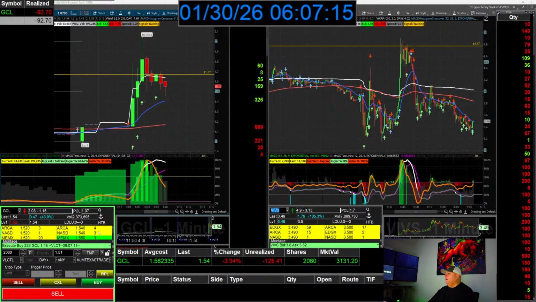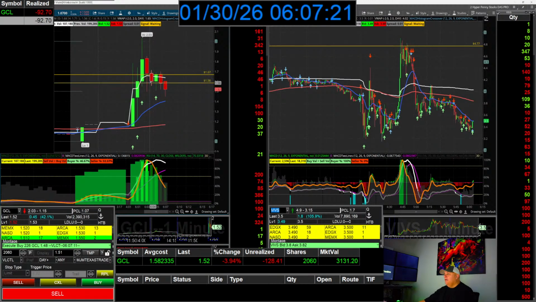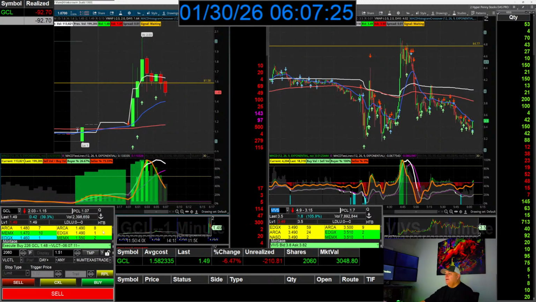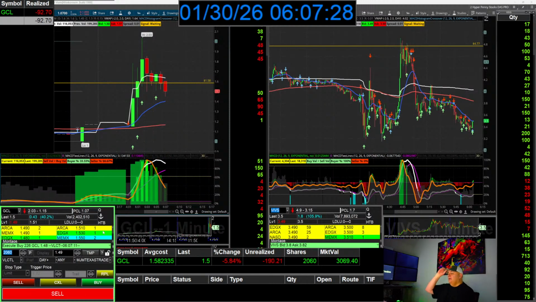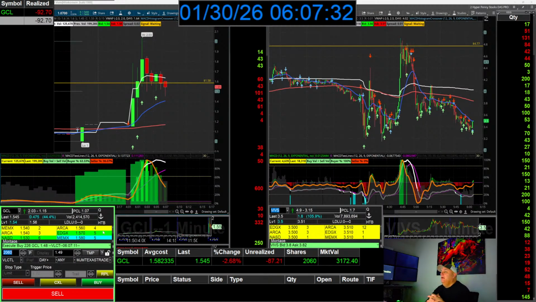Now I'm at $1.58. I'm at $1.58. I added in. I think it can probably hold. I'm gonna get rid of this line right here. I'm in at $1.58 now. Let's see if this thing can have any strength to come back.